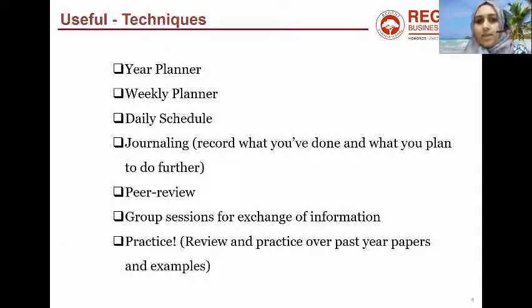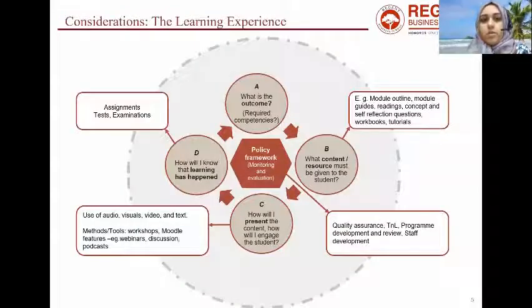So if you're studying mathematics, accounting, statistics, remember, as much as you practice, the more you'll be familiar with certain theories that you can work on and obviously achieve better results in your examination or in your assessments. So practice, practice, practice. So back to the considerations of your learning experience, you need to know, what is it